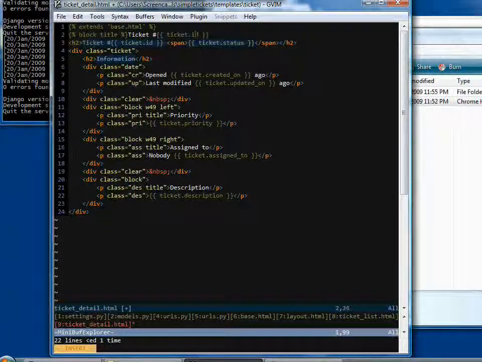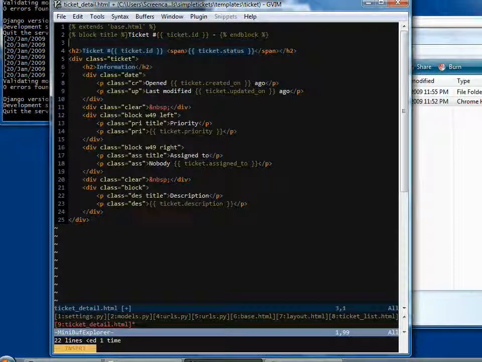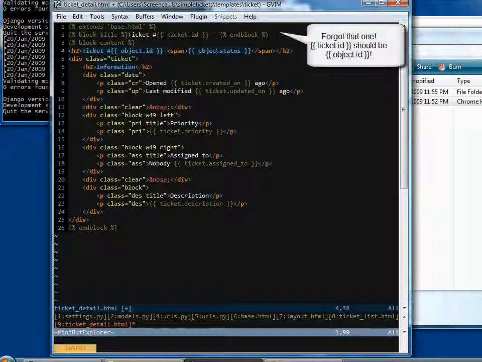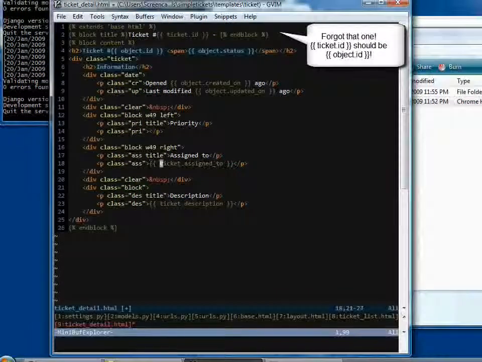and ticket ID. Block and end block. There we go. And create another block for the content and end block. And now we just have to change this because default generic views for details pass an object as the variable, which contains just one model object instance, in this case our ticket. So we're just going to replace these because I already tried to guess. We don't have a priority, so we can leave this blank. It won't do anything. And then we can finish this up, object,